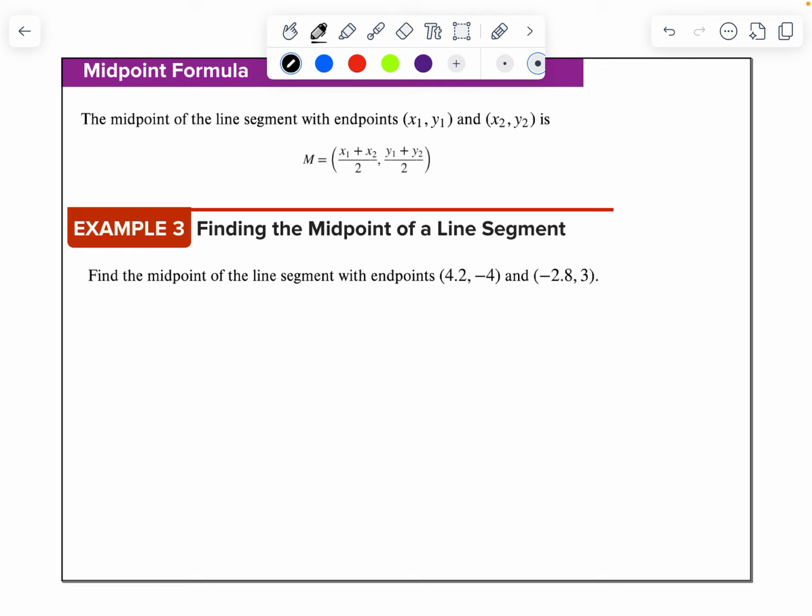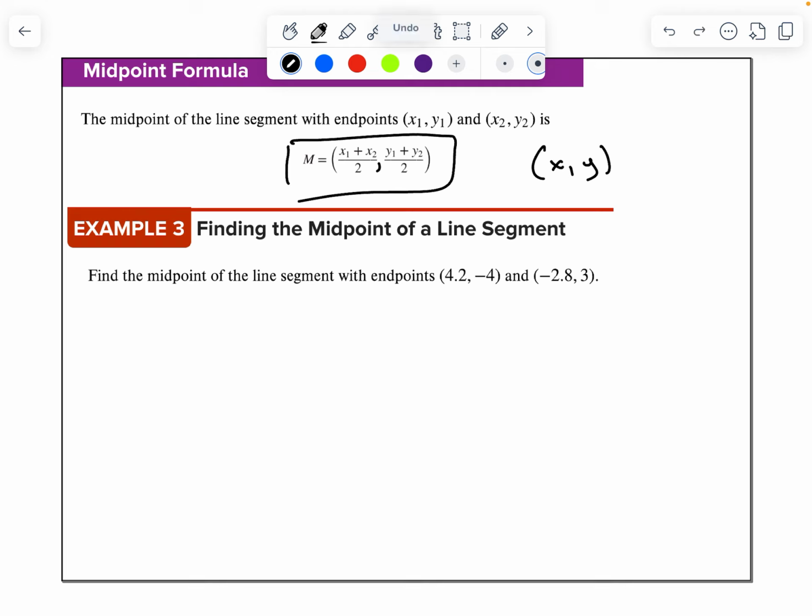So the midpoint formula is given to you here as well. This is another formula that you should just commit to memory. It's the average of the x's, the average of the y's. Notice that it is a point, right? It's 2 coordinates. These 2 things don't get put together in the end. It's 2 separate things. So to find the midpoint in this example of the line segment with endpoints given,